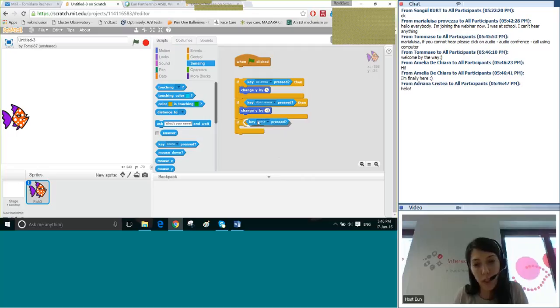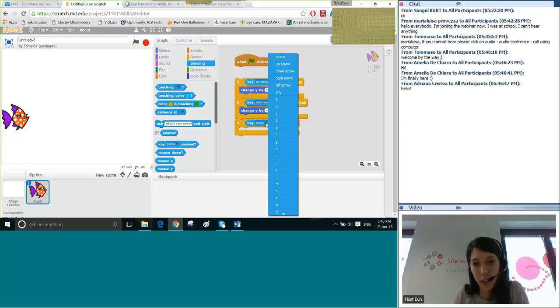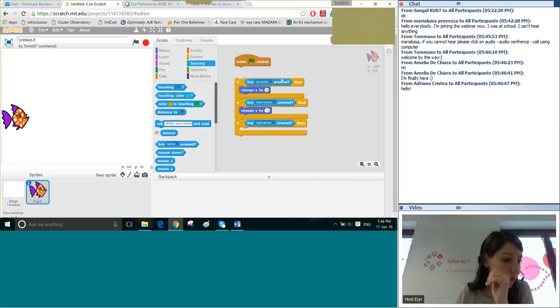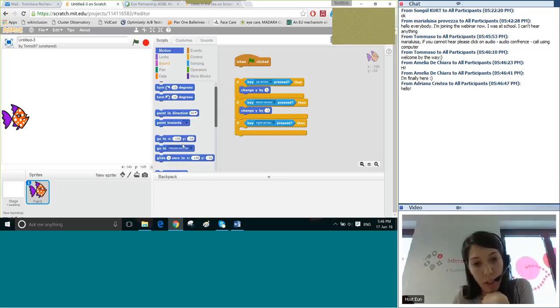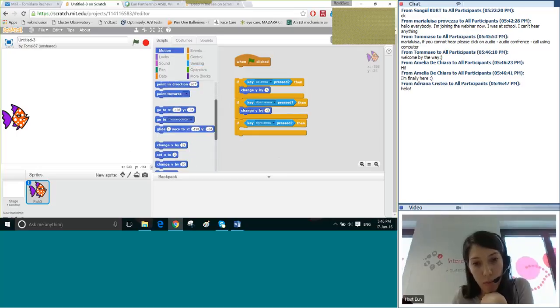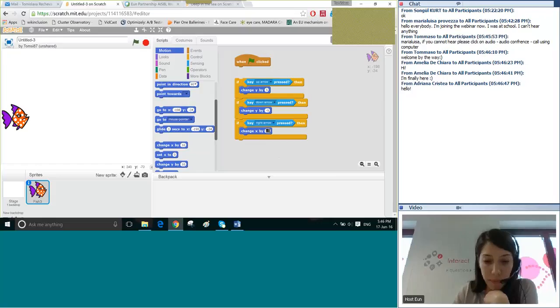We just drag and drop here. Usually when you see the white color surrounding the button, this means that it's already fine to drop it. And then you choose the right arrow. In this case, since it will move to the right, you're looking at the x-axis, and this means that your fish would have to change the x position, meaning that you have to drag and drop the change x button